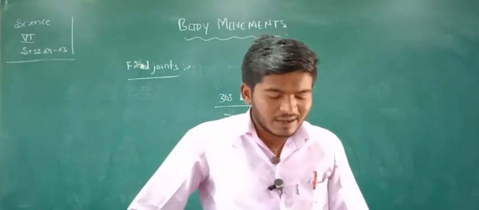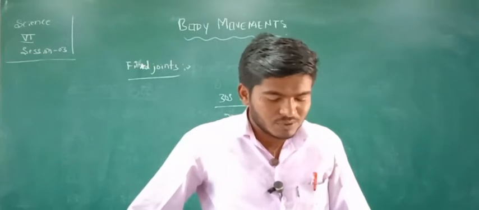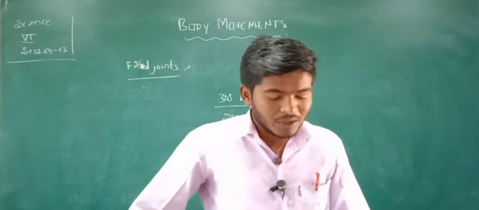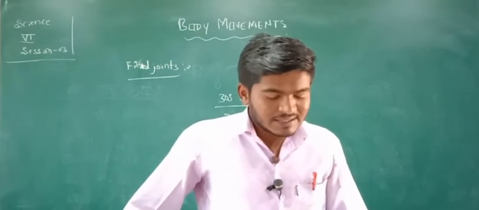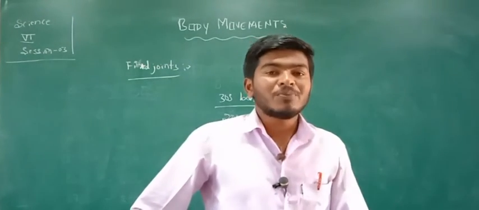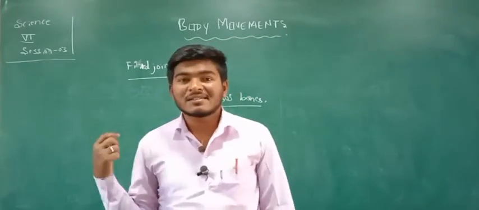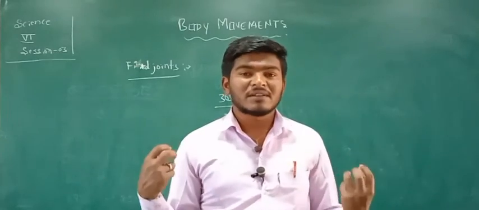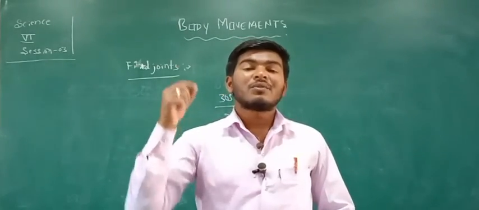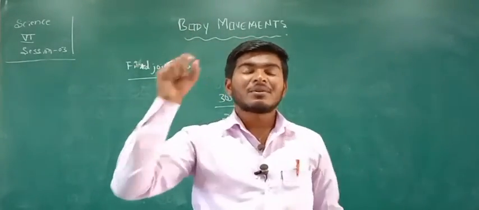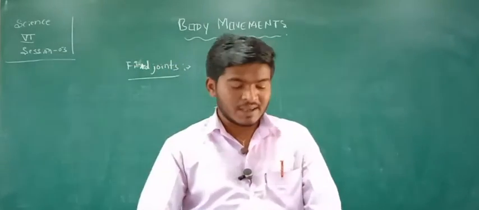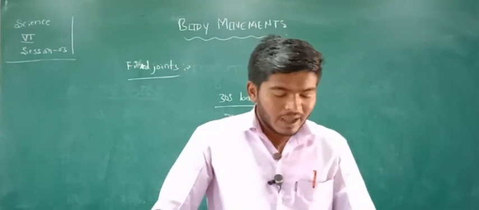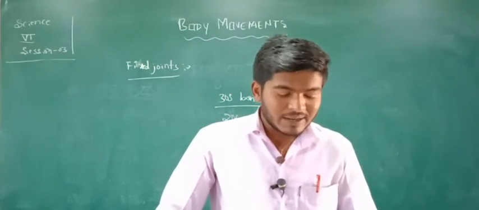We have seen that our skeleton is made up of many bones, joints and cartilages. You could feel, bend and move many of them. Draw a neat figure of the skeleton in your notebook. From this lesson, we discussed that our body is made up of different types of bones, and now you have to draw the skeleton diagram in your notes.